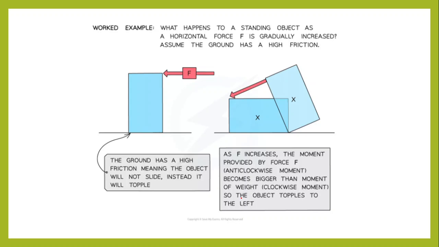So moving on. Okay, now what happens to a standing object as a horizontal force F is gradually increased? Assume the ground has high friction, meaning that the object will not slide; instead, it will topple. That basically means that if an object is standing on the ground and some force is being applied to it,